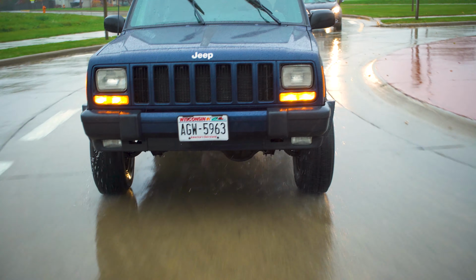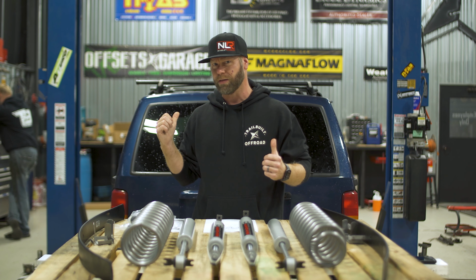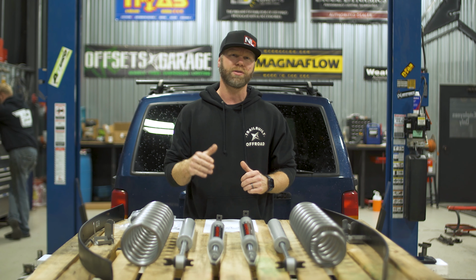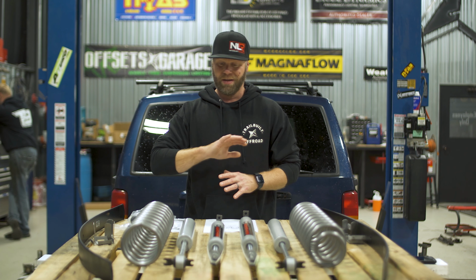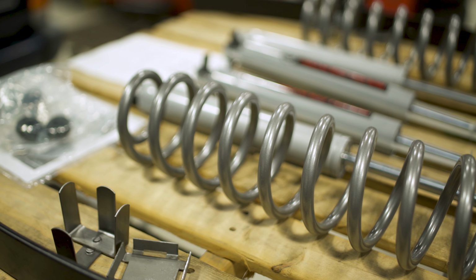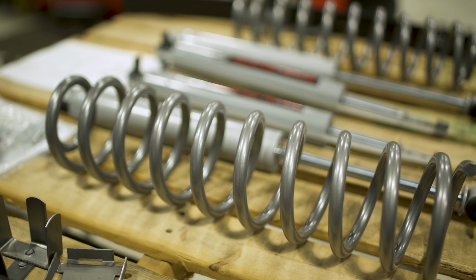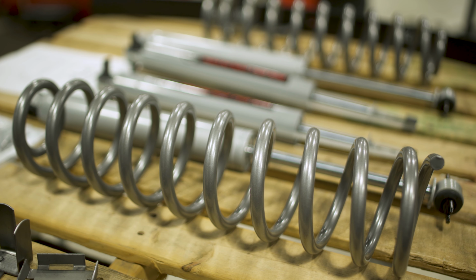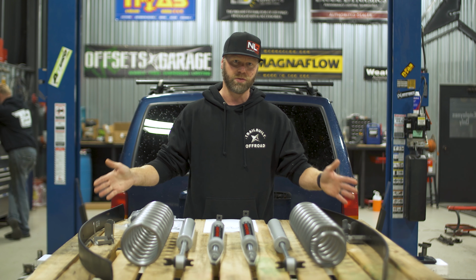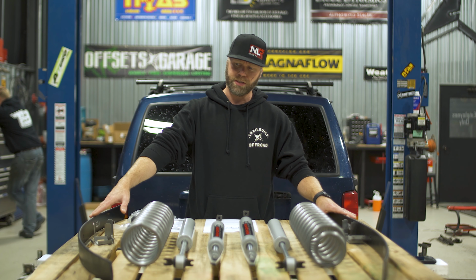Now, the thing with these is that you may be able to retrofit them in with the stock springs, but sometimes these stock springs may be warped or sagged beyond fixing, so you might have to replace the rear springs as well. So we're going to bolt these Add-A-Leafs in here and see how it does with the stock springs, but if they're warped or twisted or just worn out, we're going to have to get new springs. The Add-A-Leafs give you about 1.5 to 2 inches of lift in